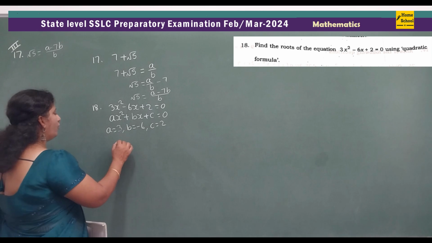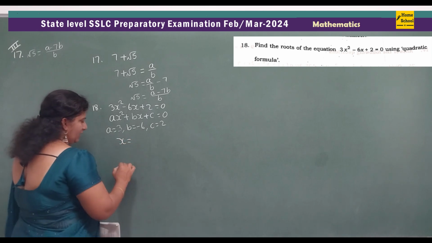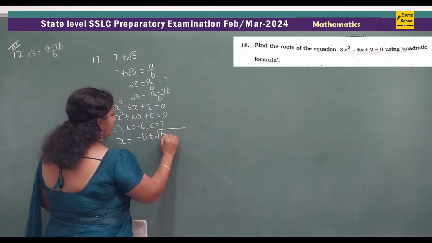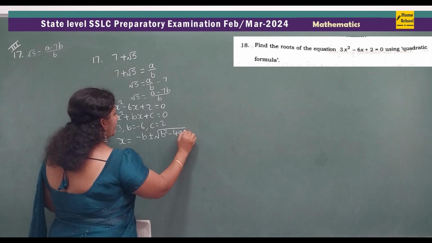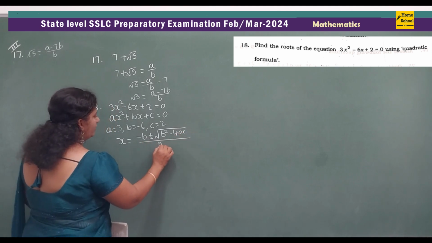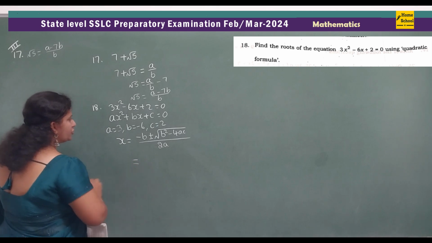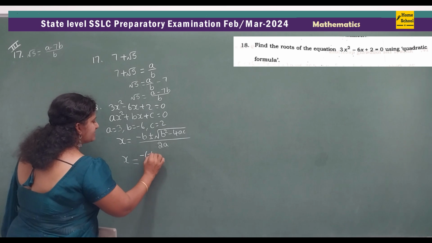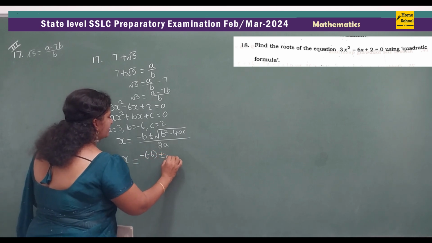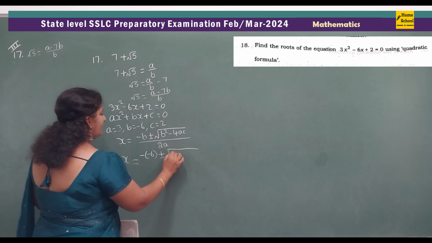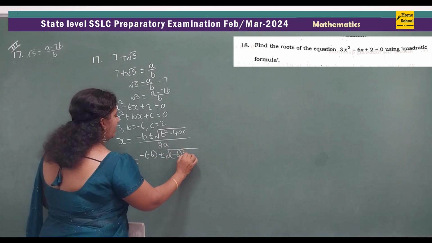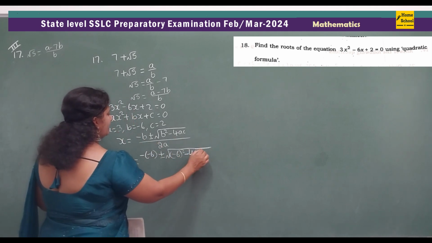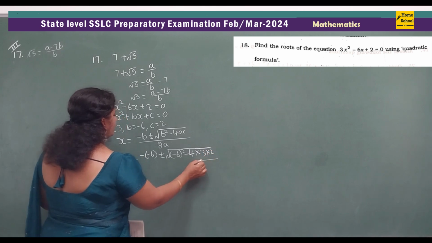What is quadratic formula here? X is equal to minus b plus or minus square root of b square minus 4ac by 2a. Substitute all the values. X is equal to minus b, the b value is minus 6, plus or minus square root of b value minus 6 whole square minus 4 into a value is 3 and c value is 2